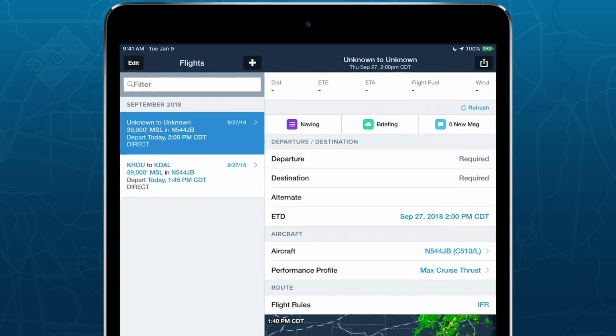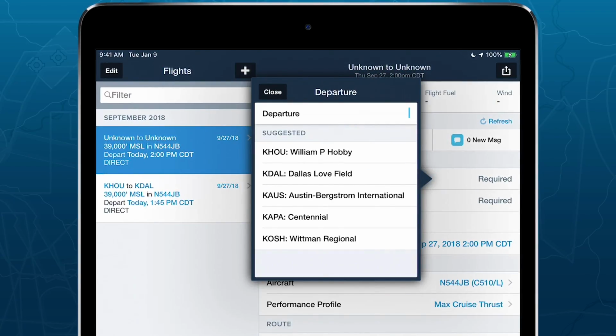So flying to Austin, we would leave out of Houston, and here's where you see one of the first improvements that we've made, which is suggested airports. This gets smarter over time as you visit airports or as you run flight plans. And I'm going to select Houston,